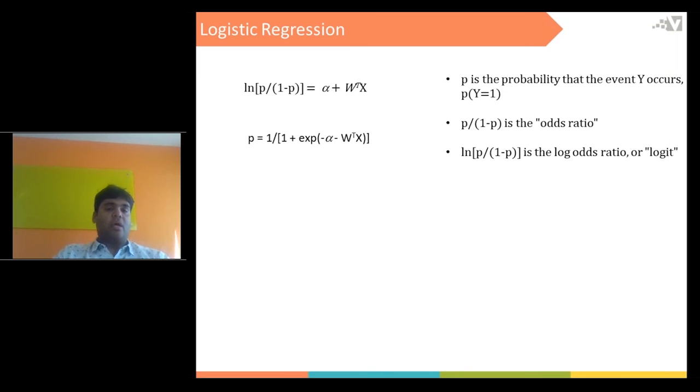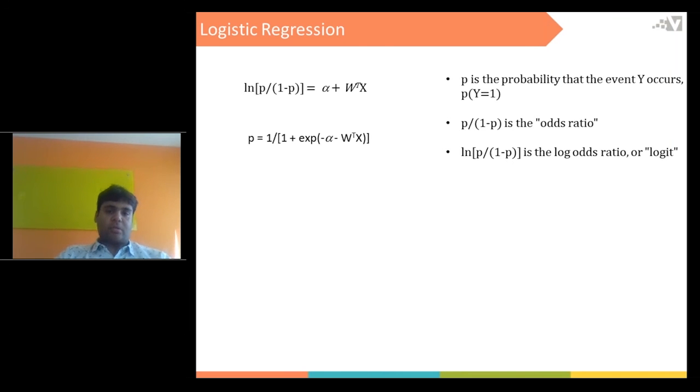We learn w transpose, our weights vector, and to get the probability from y, we add a sigmoid here. So this is a modified version of a linear regression problem.